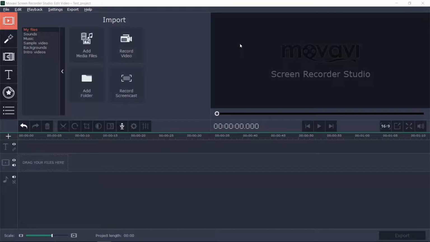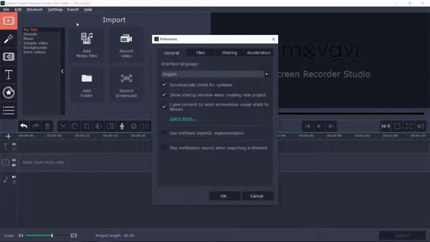Before we begin, let me introduce the user interface and some of the main elements of the Movavi Video Editor. Let's begin with the settings menu in the top toolbar. If you go into settings menu and click into preferences, you have 4 tabs for different settings. The first one is the general settings. You can see that you can change the language here. Some of the basic